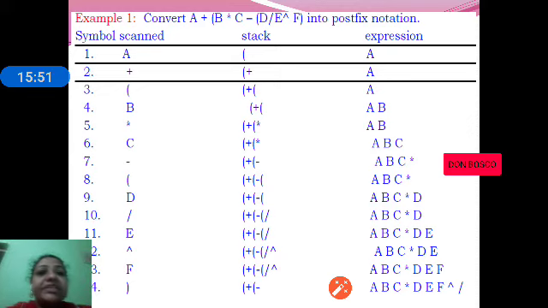The next scanned symbol is minus. As minus is an operator, we put it onto the operator stack. The next scanned symbol is a left parenthesis. If the scanned symbol is a left parenthesis, we place it onto the operator stack. The next scanned symbol is D. D is an operand. It is placed onto the postfix expression. The next scanned symbol is,